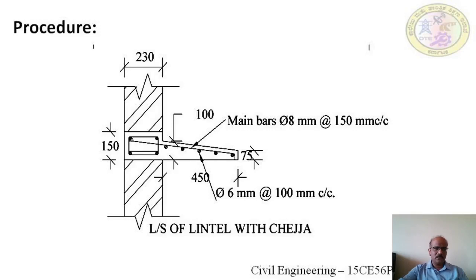And we'll come to the reinforcement now. The lintel reinforcement consists of 4 bars of 10 mm dia, 2 at top and 2 at the bottom. 2-legged stirrups of 6 mm dia at 150 mm center are provided. When you come to the cross section of the chhaja sunshade, there the chhaja main bar is 8 mm dia at 150 mm center, and distribution bars of 6 mm dia at 100 mm center are provided. This we need to prepare before calculating the cutting length of each bar.